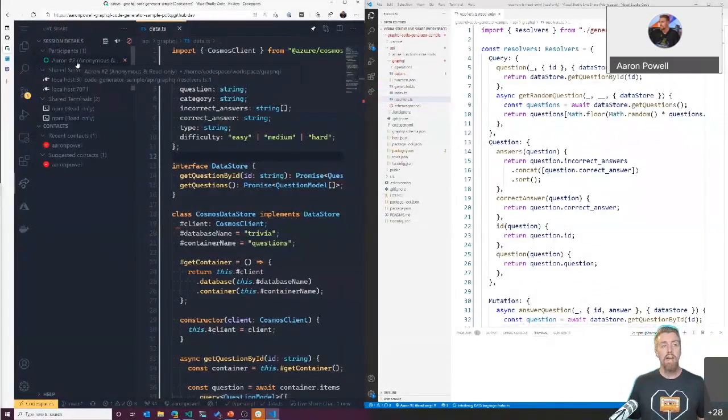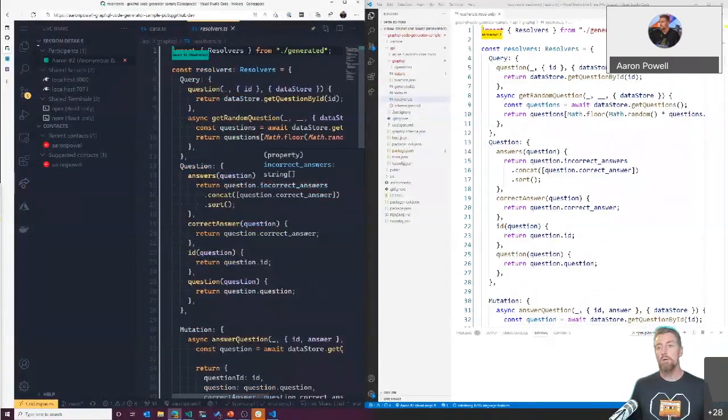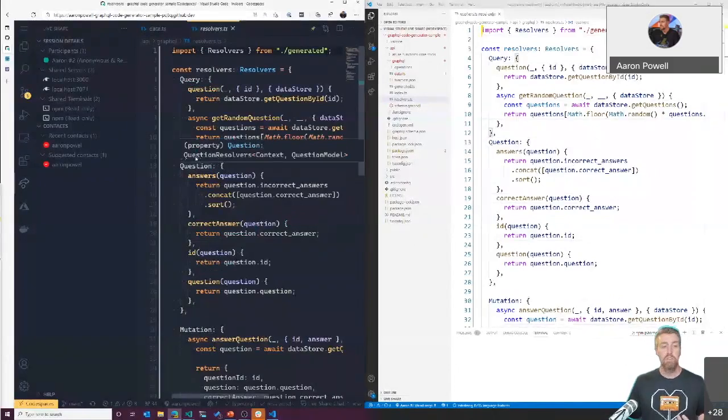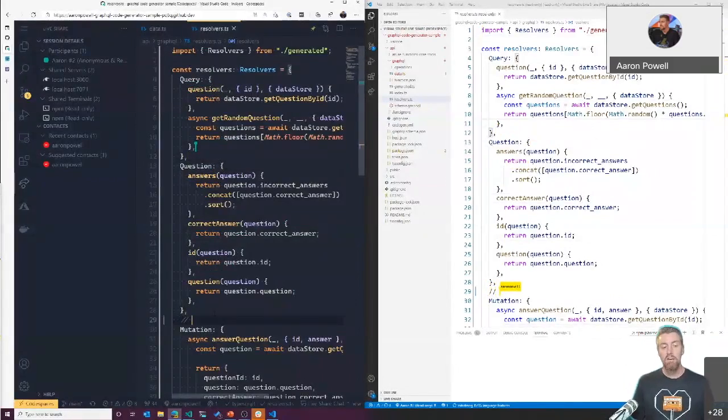Inside of my host, I can say follow participant, and that's going to take me to where Aaron2 is connected. We'll see there's this little bluish, aquarish cursor, and that's where the cursor is for my remote connection. As you can see, it jumps around as I'm clicking on the right-hand side. Similarly, on the left-hand side, there's a little yellow cursor, and they can be followed as well. If I was to start typing something in one of the machines, that code is immediately appearing on the other side.